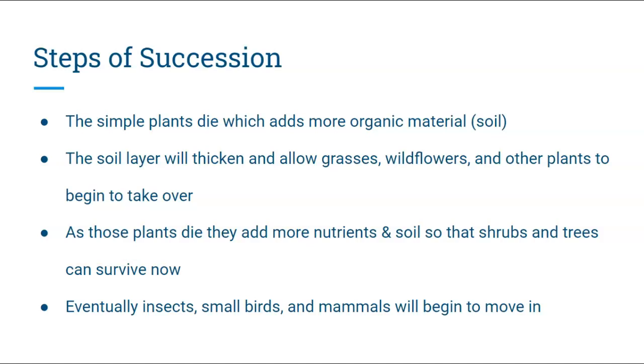And eventually those plants are also going to die out, and they will add more nutrients to the soil, and eventually bigger organisms will be able to move in, like shrubs and small trees. Eventually those will start to die out and add more nutrients to the soil, making a thicker layer of soil. The cycle continues, and eventually living organisms outside of plants can start to move in, like insects and small birds and mammals, because now there are enough trees, enough nutrients, enough food, enough shelter. This ecosystem is coming back to life here.